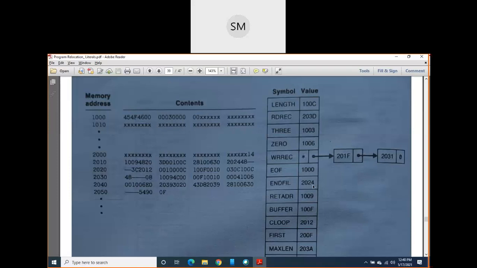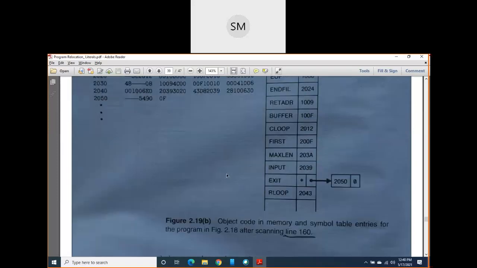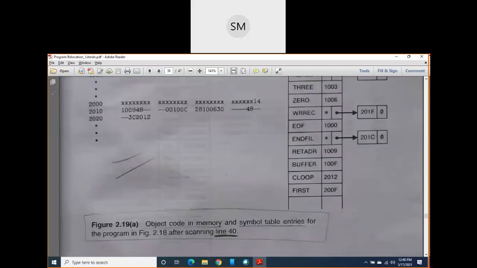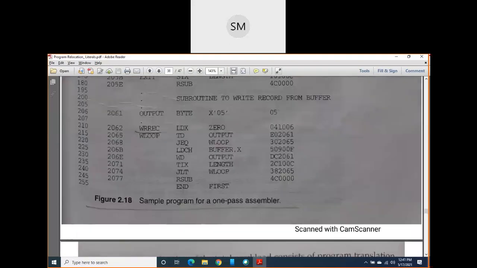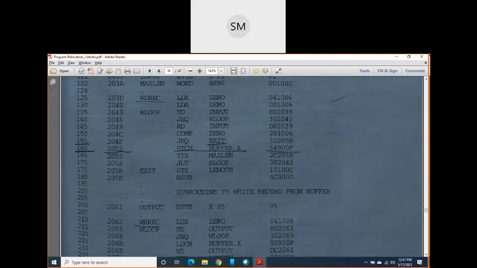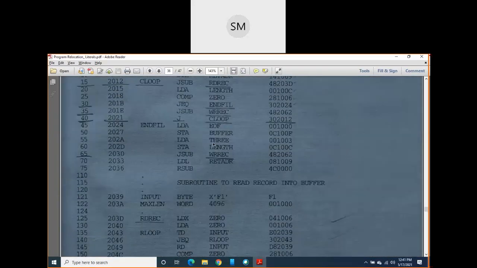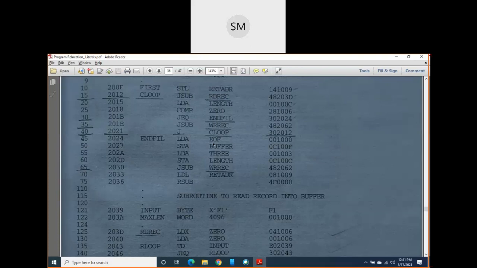Now what happens? If you go back to the program and just keep on scanning your program like this, when you come to line number 65, you will get JSub.